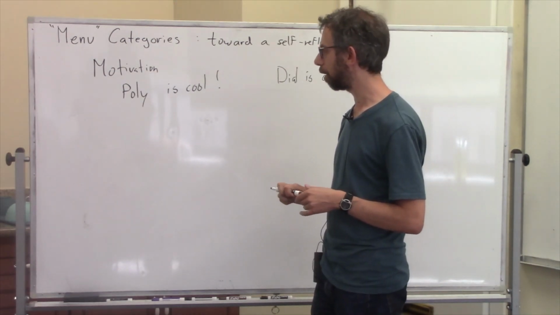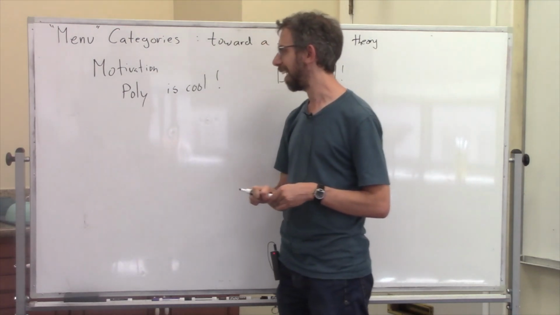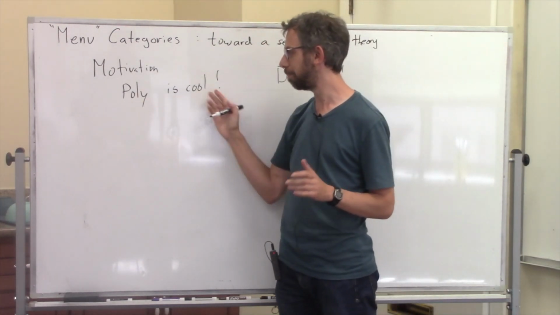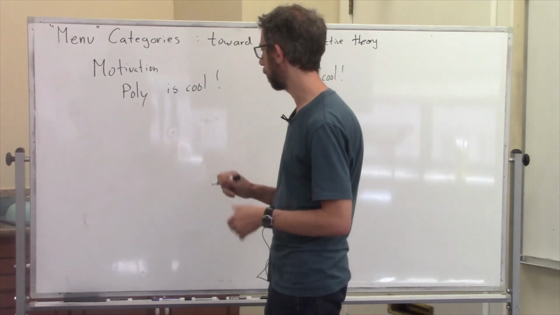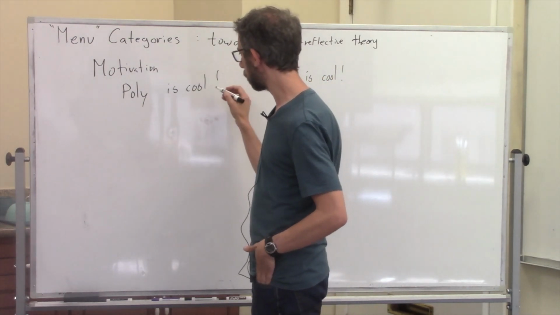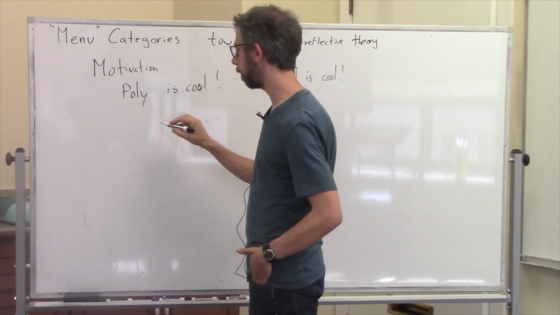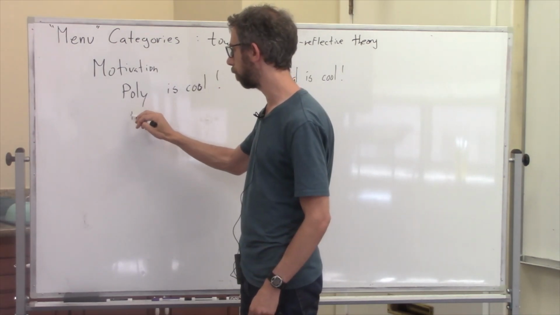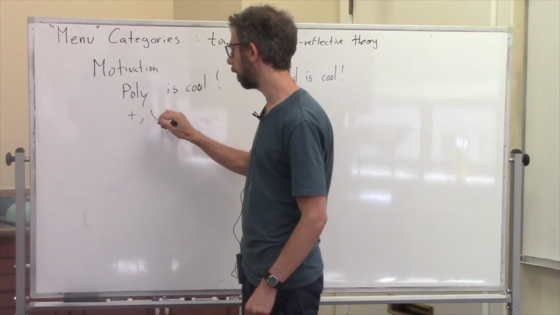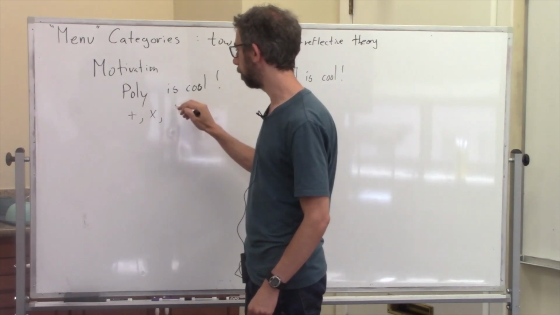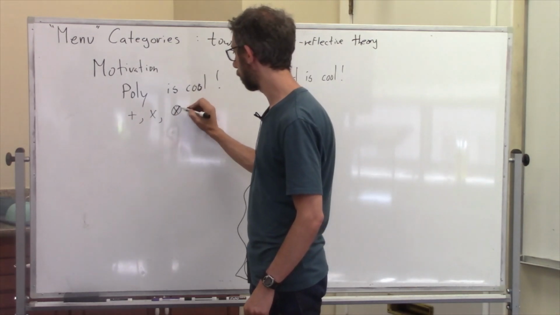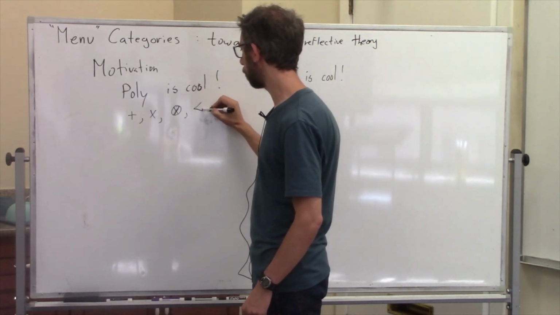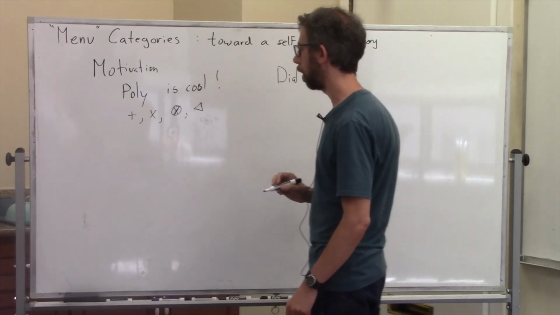I originally started with thinking about databases, and lo and behold, I found databases within Poly. So this notion of C-sets and data migration. But the coolness is also in the fact that it has all sorts of monoidal properties. It has plus, a coproduct. It has times, a product. It has another operation called tensor, which is really useful for dynamical systems. And it's got this substitution product, which I denote compose.